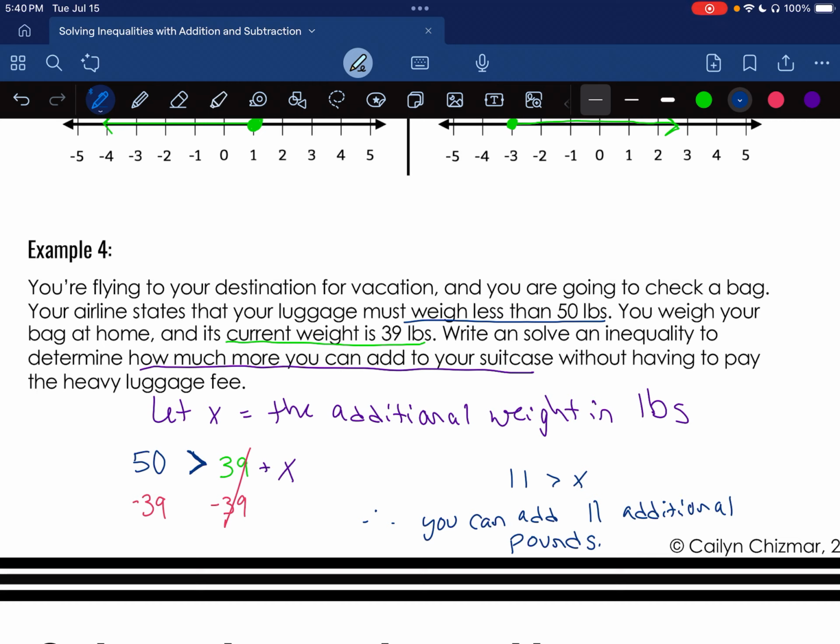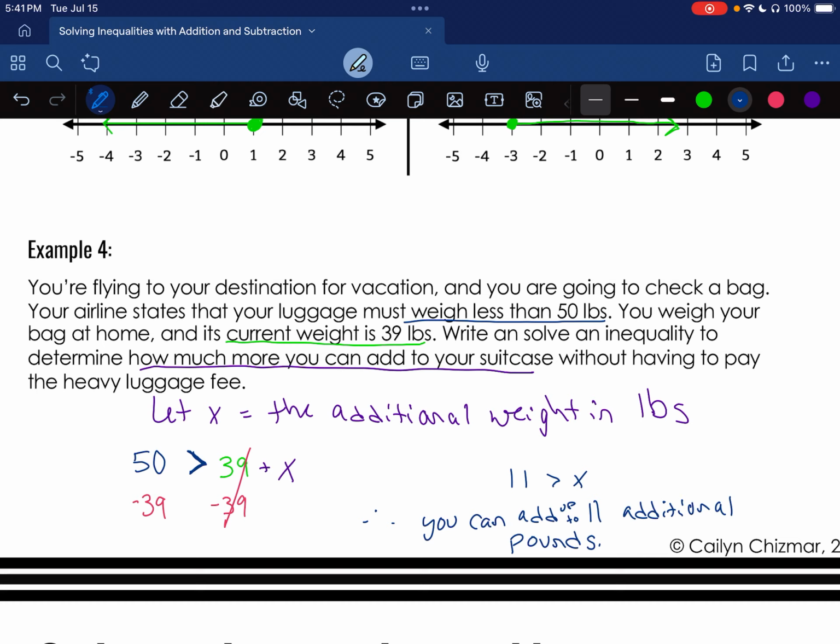So I can't add exactly 11 pounds, so maybe I should amend that up to, but not including. Anywho, I just subtracted, right? I just said 50 minus 11, and in my brain, I knew that that wasn't an exact answer. I didn't need to add exactly 11 pounds to my suitcase, but I had that range that I could work with. And so why we use problems like these to